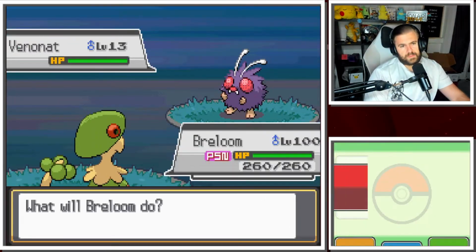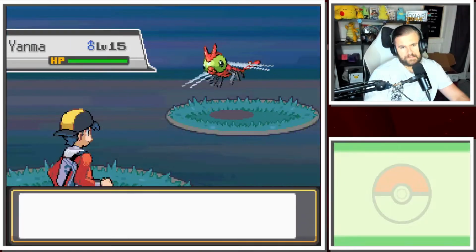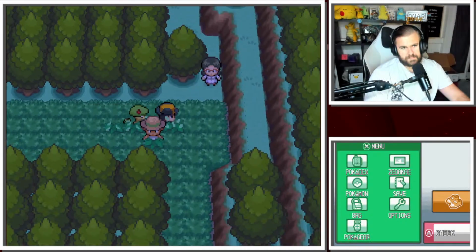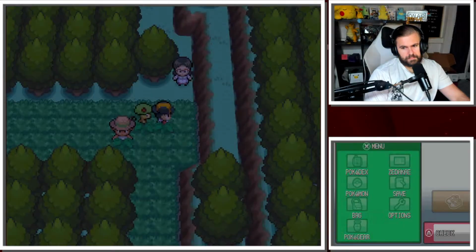Nidoran comes up, then that's a bit of a problem. Nidoran male, that is. Yama comes up. So the only one that hasn't popped up yet is Nidoran male.